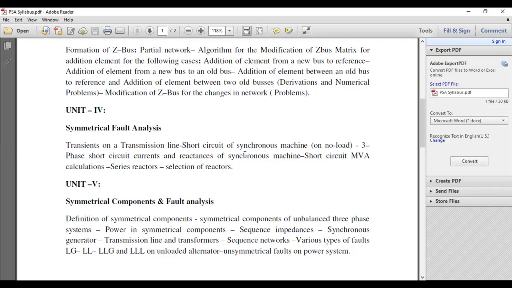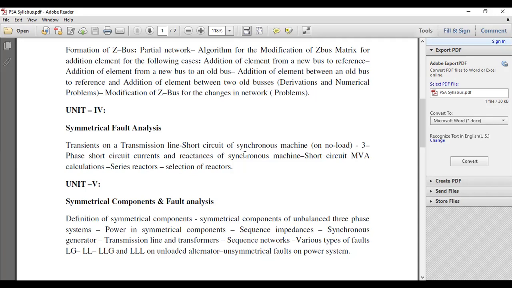So in this particular chapter we are going to discuss the abnormal behavior of the system under symmetrical faults, symmetrical short circuits, which we also call symmetrical fault currents, three phase faults. Symmetrical faults and unsymmetrical faults are both there. Unit number 4 completely discusses symmetrical faults, and unit number 5 completely discusses unsymmetrical faults. What is the difference between them? Symmetrical faults are nothing but the three phase faults, which come under this category.